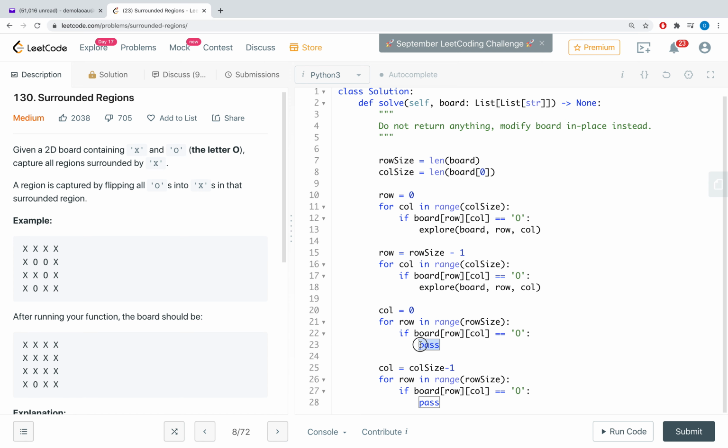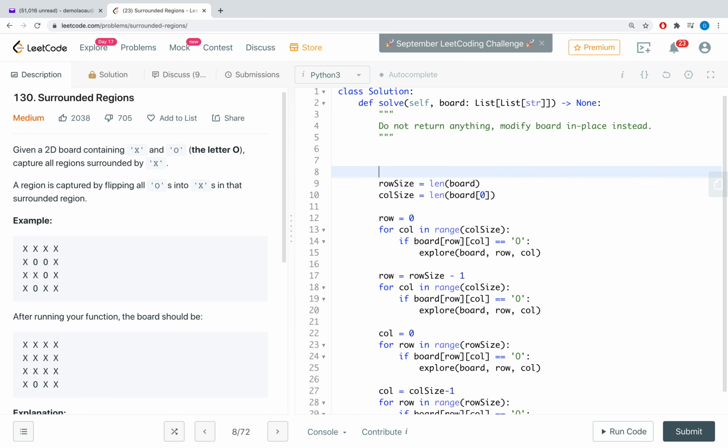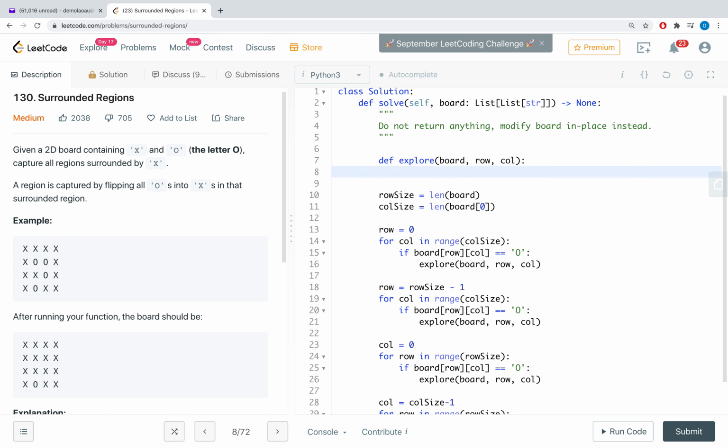Okay, so we now write our explore function. So let's now write the explore function, and we can define that function just right above here. So it will be a function inside of a function. We can also define it outside of this function, but it just keeps things neat if we put it here. So it's taking the board, it's taking the row, and it's taking the column. Now what do we do with that? So we check if